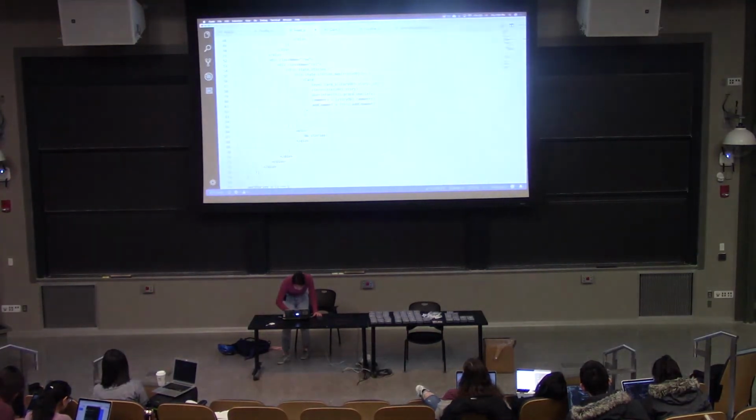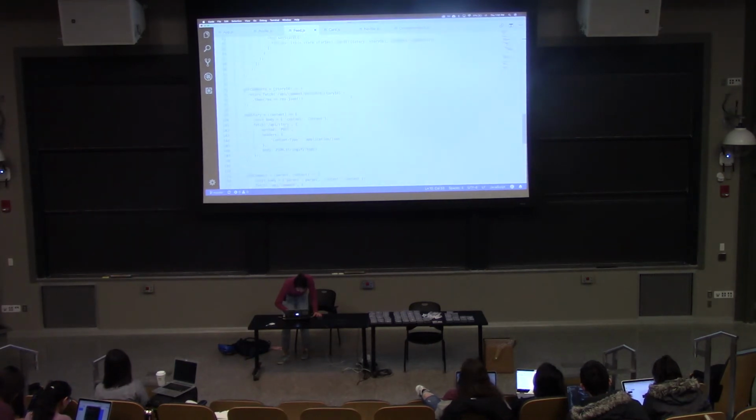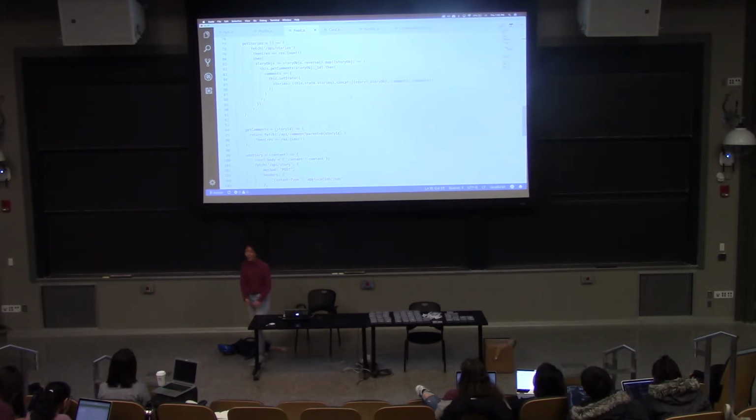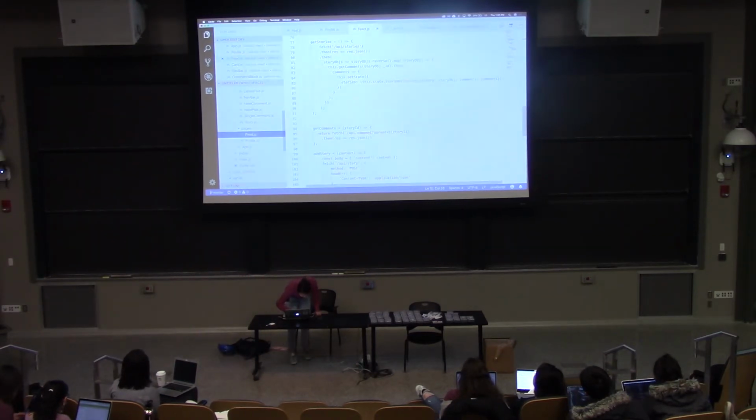Okay, so in feed, you see that we have separate functions for grabbing stories and comments. You ideally want to have one request to the backend that grabs your stories and comments all at once. So in your backend code,